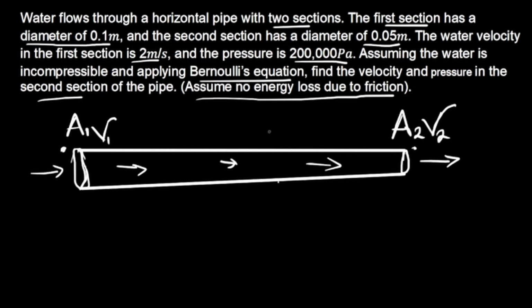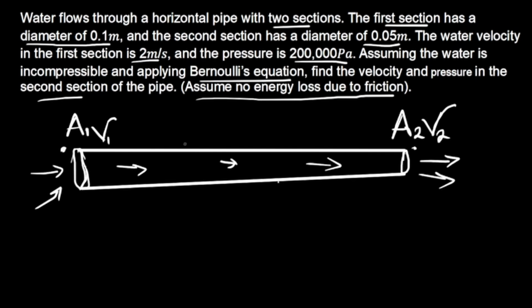So this is actually the continuity equation which we use to calculate the velocity or the cross-sectional area or whatever, considering the fact that this pipe is not leaking. The pipe is not leaking and there is no friction. If the pipe were leaking, it means that the volume of water which is entering this section is not equal to the volume of water leaving the other part. So the volume of water entering through here must be the same with what is leaving through here